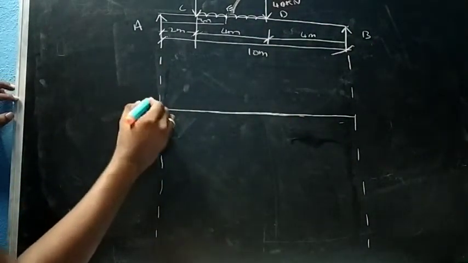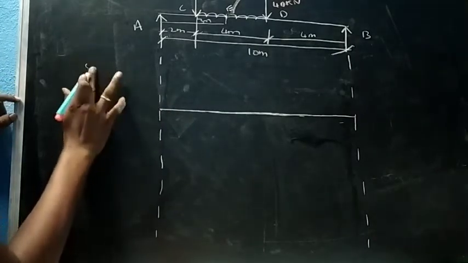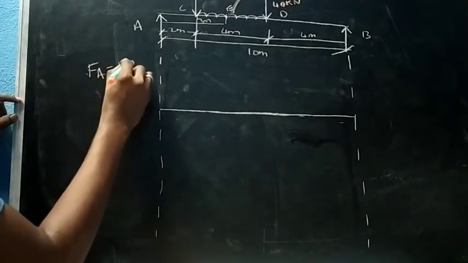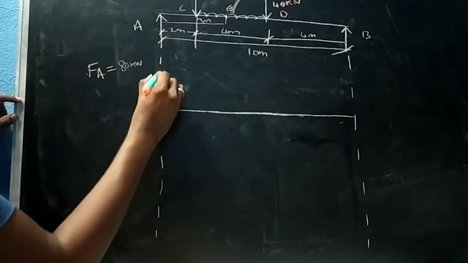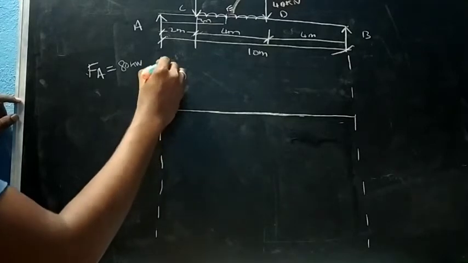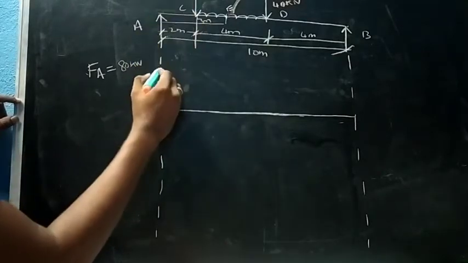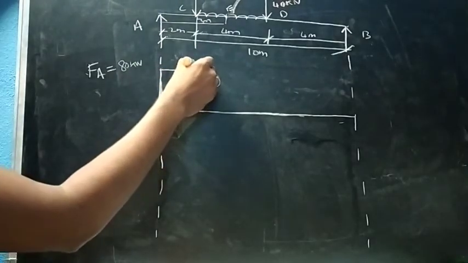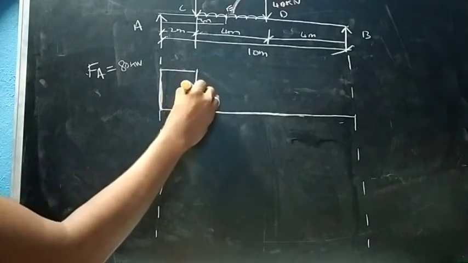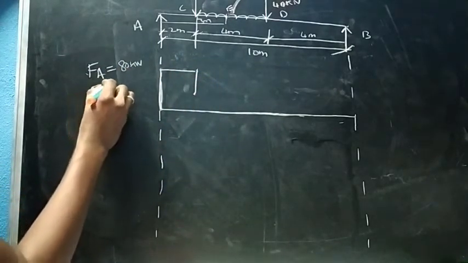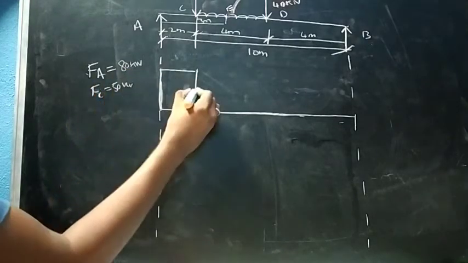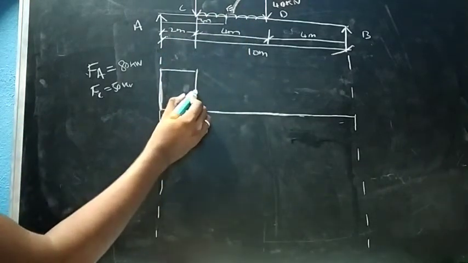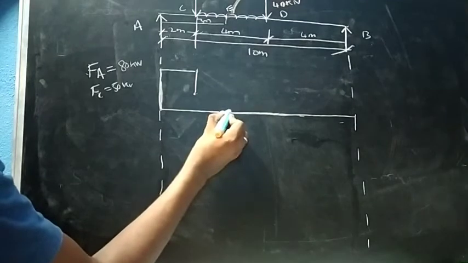and put the values. Shear force at A, that is FA, we got 80 kilonewton, right? So put the value 80 here, so that is positive, it increases to a certain height, and it is constant because there is no other load in between. So till C it is 80 kilonewton, then it drops to 50. So shear force at C we got 50 kilonewton, so it comes back to 50. Then because of this UDL it will go linear, and at this point, that is E,